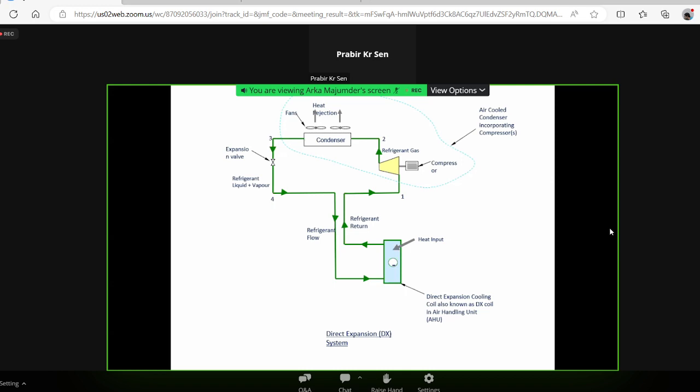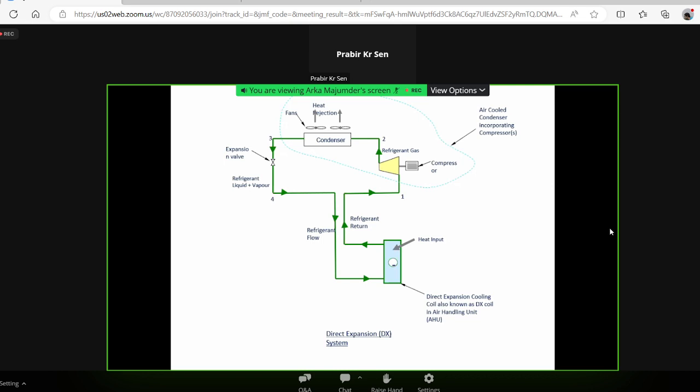It is cooled by air-cooled condenser. Then it comes to an expansion valve. From 3 to 4 line, there is an expansion valve. And the expansion valve expands the liquid refrigerant suddenly. So that expanded refrigerant is fed directly into the cooling coil,